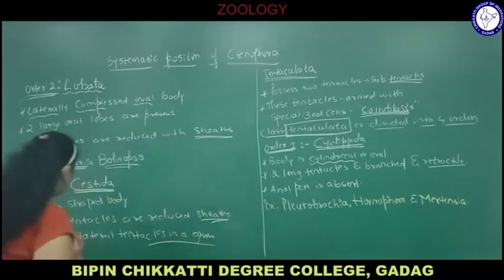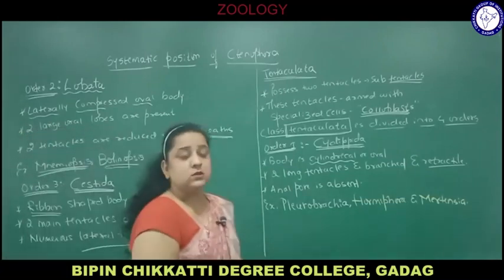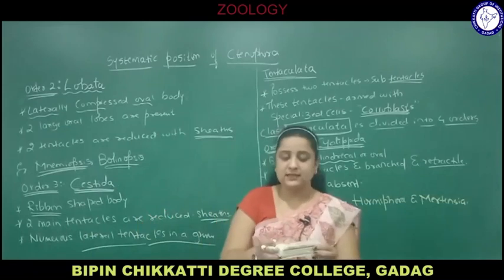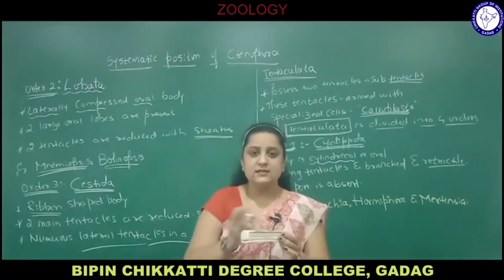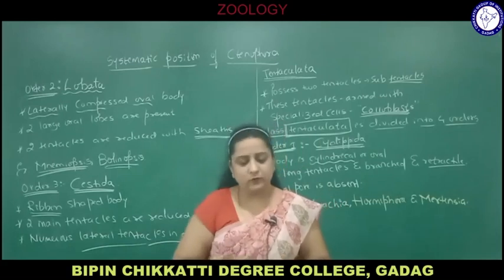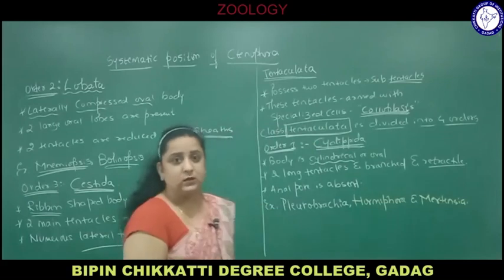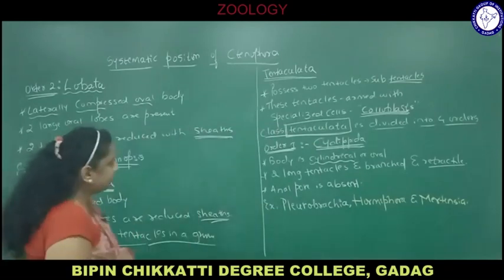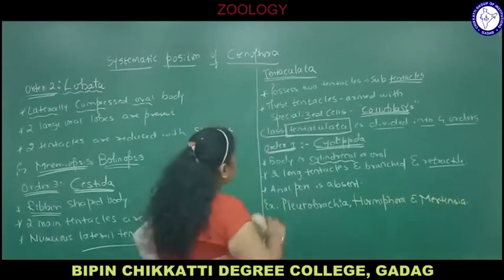So here there are numerous lateral tentacles in groove. Groove means in a group. As I told you, lateral side means on either side. This is dorsal side, this is ventral side. On either side is called as lateral side. They bear number of tentacles for locomotion. Comb plates in 4 rows, but rudimentary. Comb plates are in 4 rows.